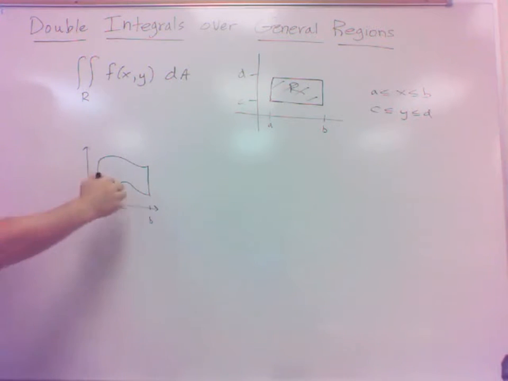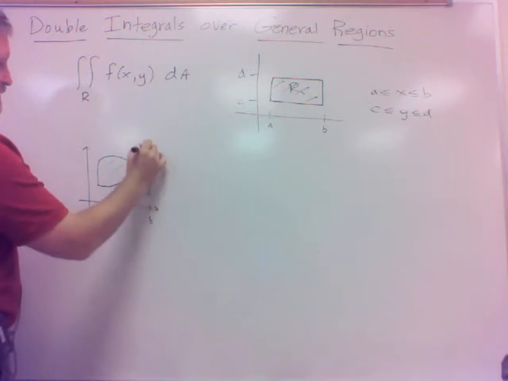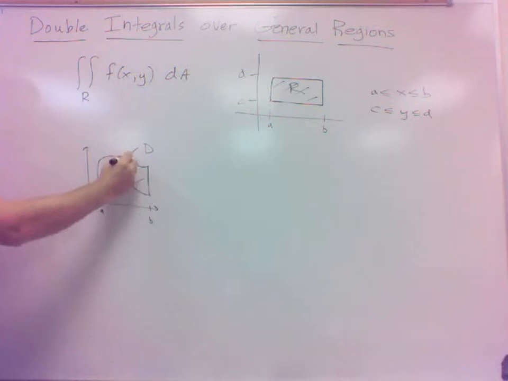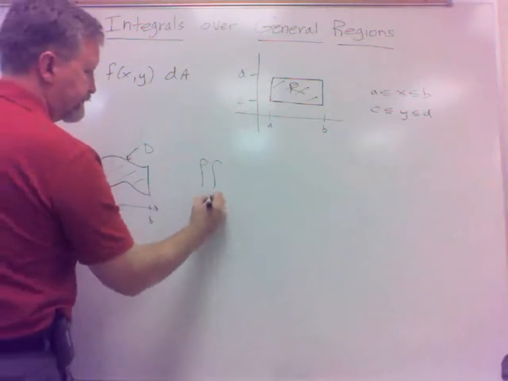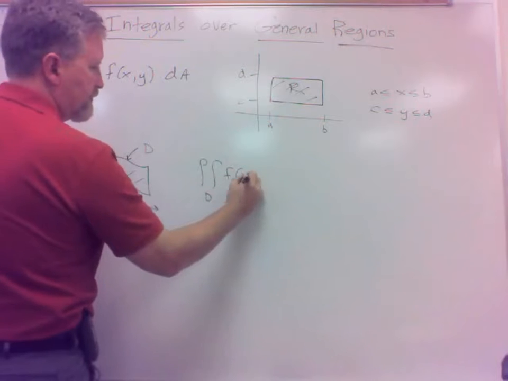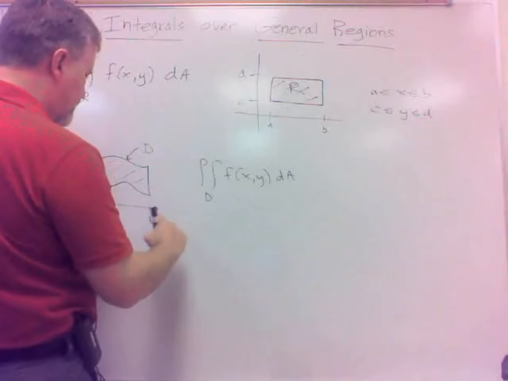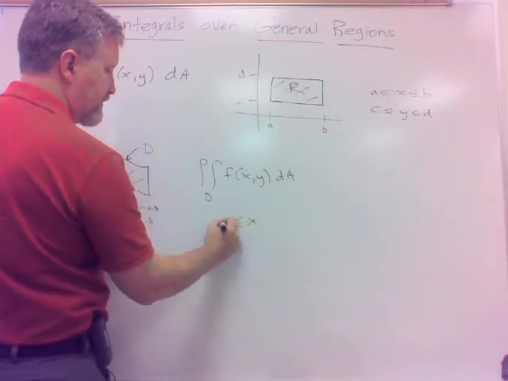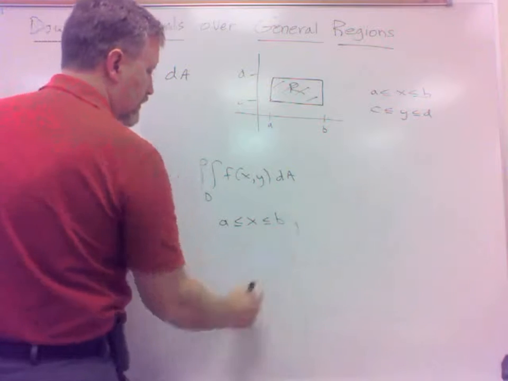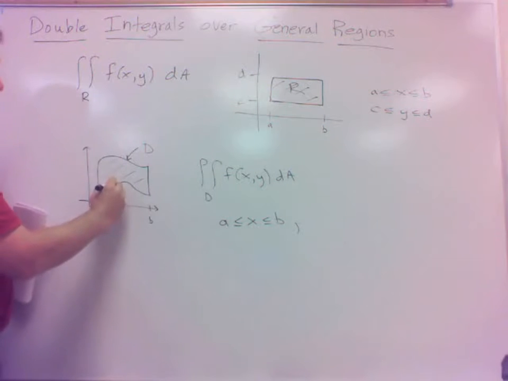All right, and so what we're going to do is call this region, in this case, this book calls it a region D, that we're going to integrate over. Our two-variable function, double integrate over that. Well, in this particular case, to evaluate this region double integral, the x runs between a and b, but then the y values are going in between